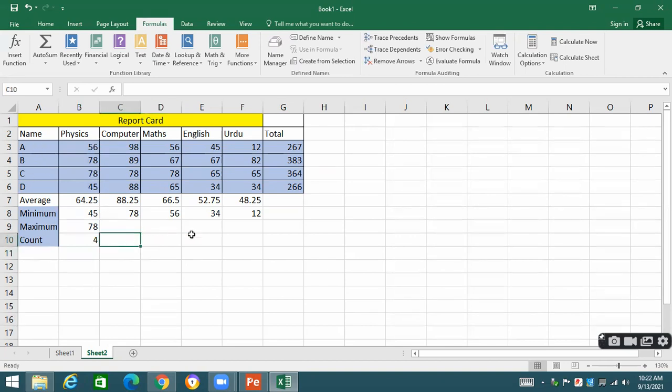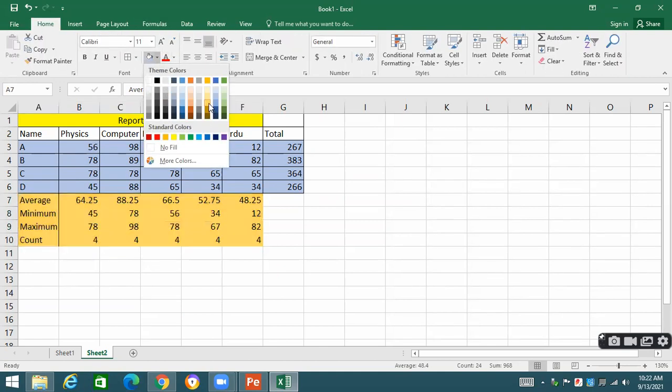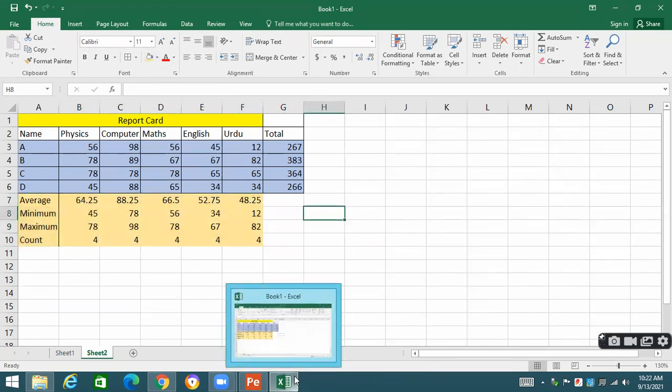This is just an example. We can take n number of students. Right now it is already clear that there are 4 students, but I am applying the formula so that you can understand how we can use the functions. Okay, students, are all these points clear to all of you? I hope so. These are the values that we have calculated.